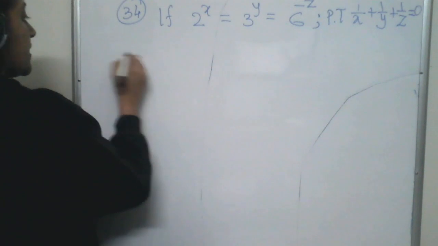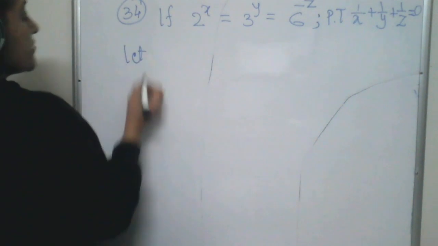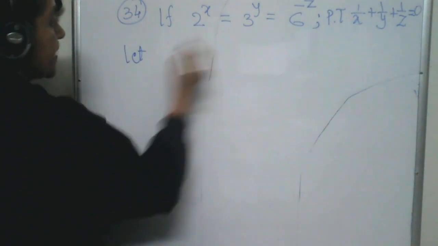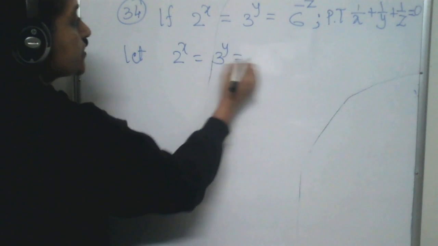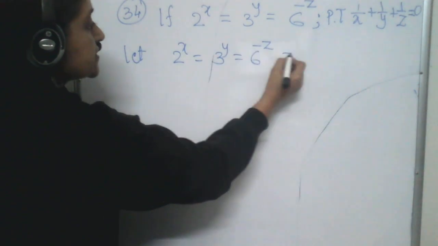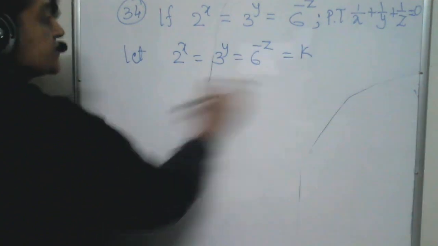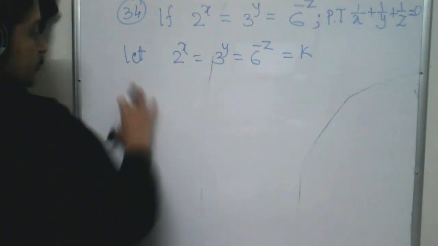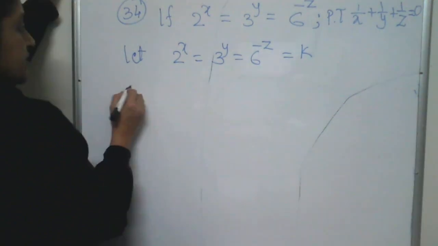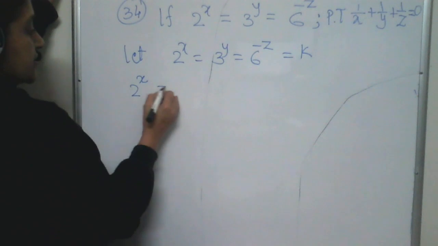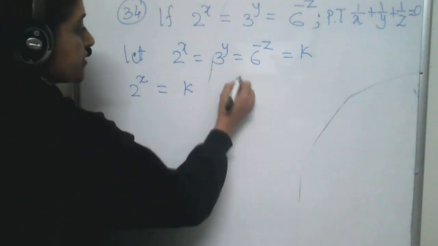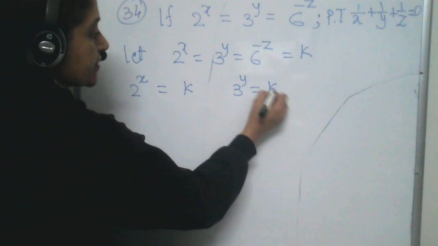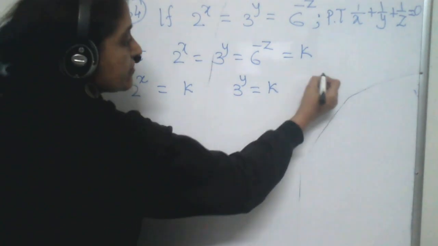Now here you know all these things. What we are supposed to do here is introduce a constant k, that is 2 to the power x equal to 3 to the power y is equal to 6 to the power minus z is equal to k. That means individually also it is k. So let me work in a horizontal way here. 2 to the power x equal to k. Similarly 3 to the power y is equal to k,